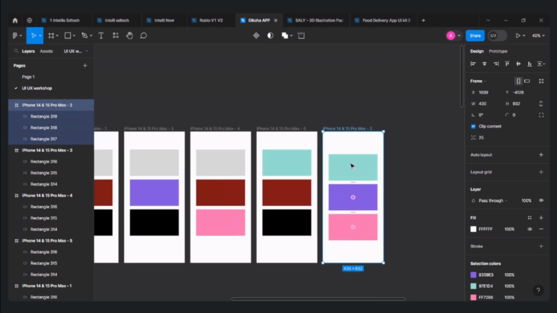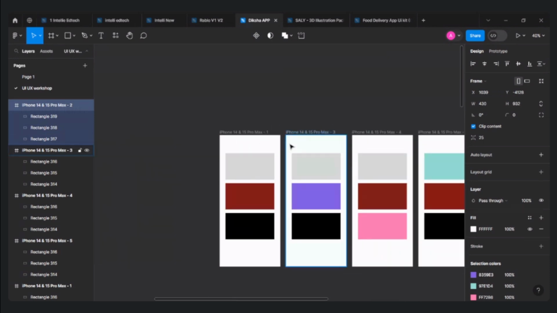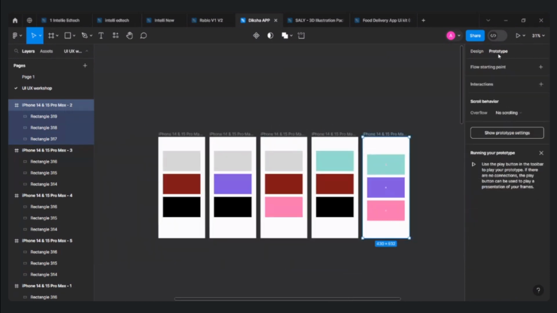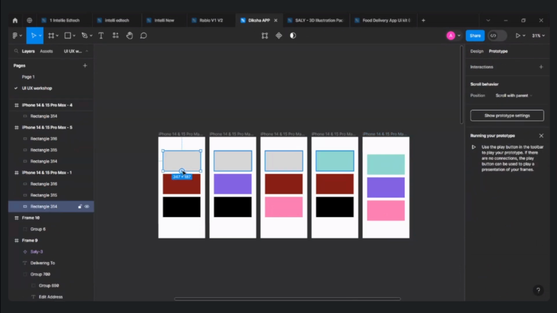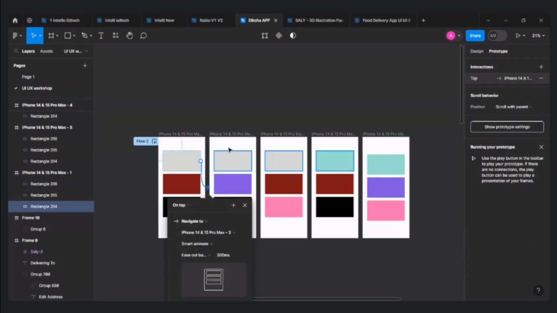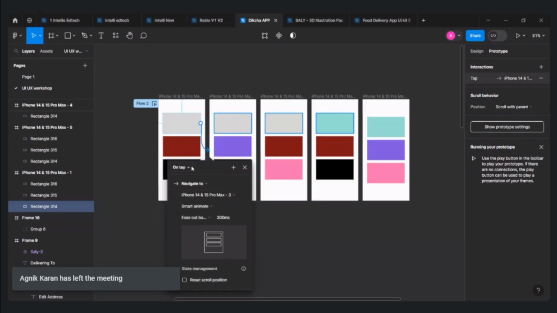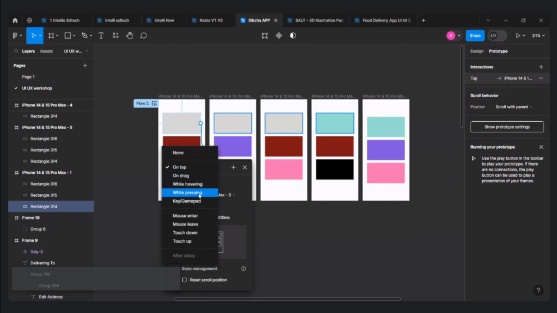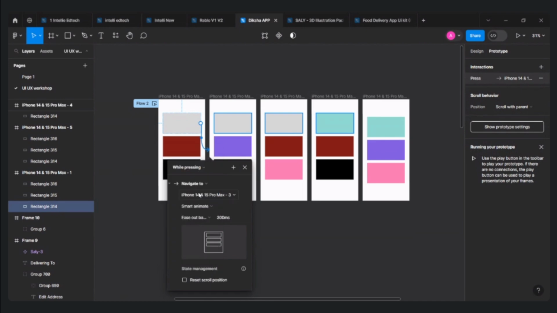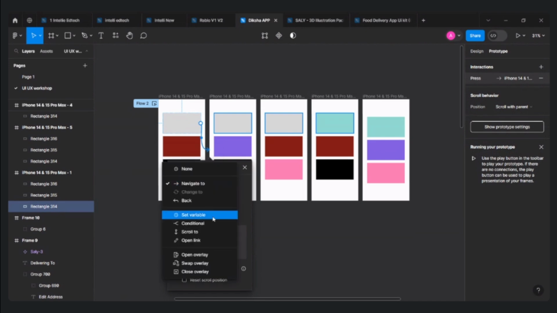Click on prototype, select the first box. The first box will take you to the next screen. This will try something new. On tap, while hovering, on drag, while pressing, you have to navigate to